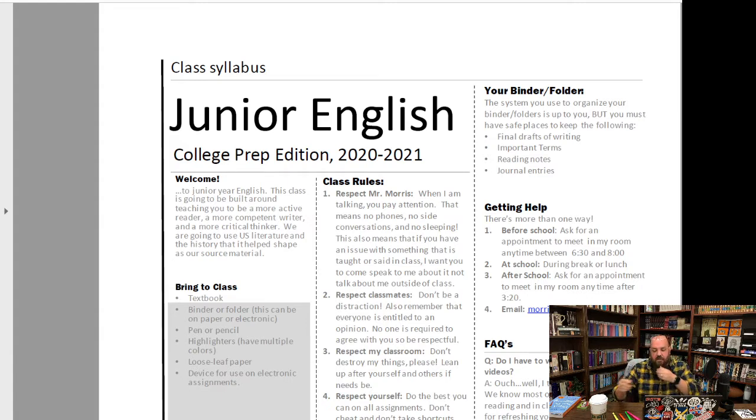The top in the third column there, it talks about a binder and a folder. Really, in all honesty, again, you can do all this electronically, but you need a place to save 4 main things. 1, final drafts of writing. You need to be able to access them. So if we start talking about, like, maybe there's a day where I need to talk about commas because you guys are using them so poorly, I may say, okay, get your last paper out. Now, you need to be able to access it. So it can't be, well, it's saved on my computer at home. You can't do that, all right?